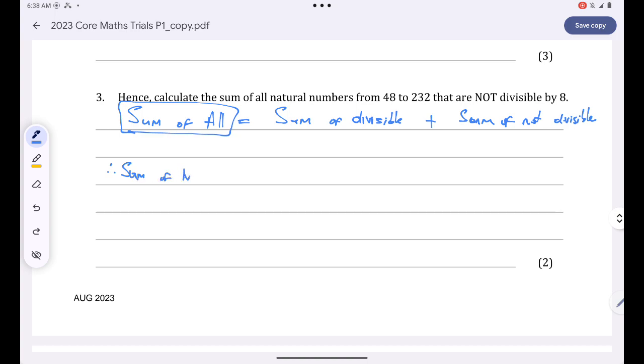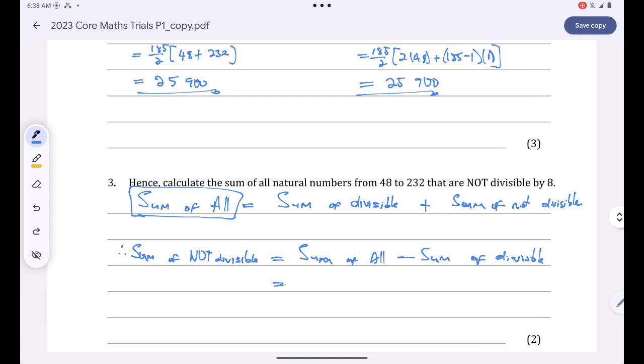So I can simply say, therefore, the sum of numbers that are not divisible by 8 is just equal to the total sum of all the natural numbers, are you together, minus the sum of numbers which are divisible by 8. We just calculated, guys, the sum of all natural numbers from 48 to 232, and then we got